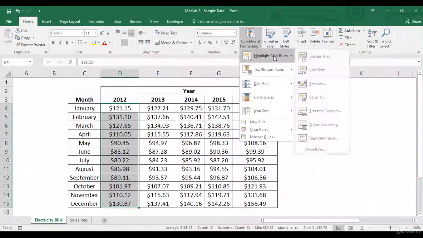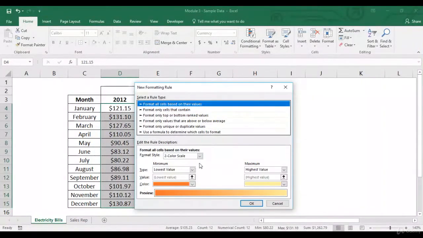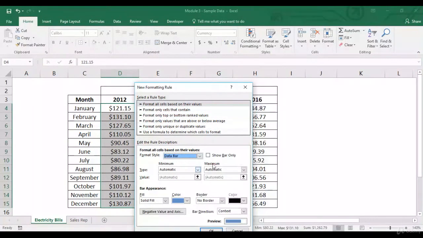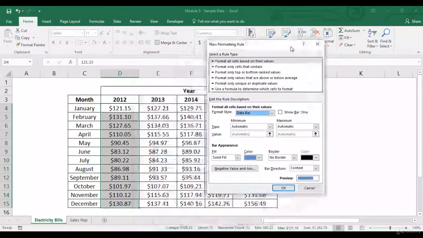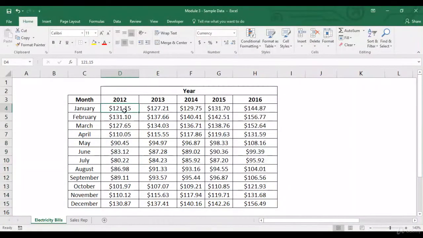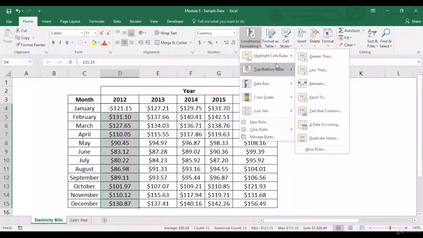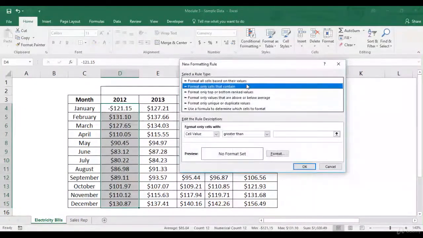Now again we'll go to more rules. Again we can do solid or gradient fill, which we have already seen. Negative values and axis. Let's see what happens if one of the values was negative over here and we do the data bars.